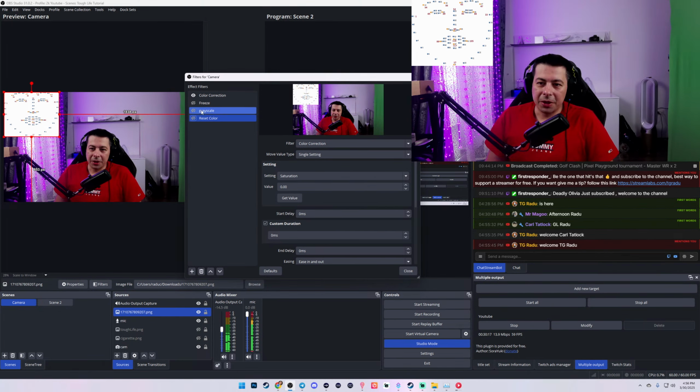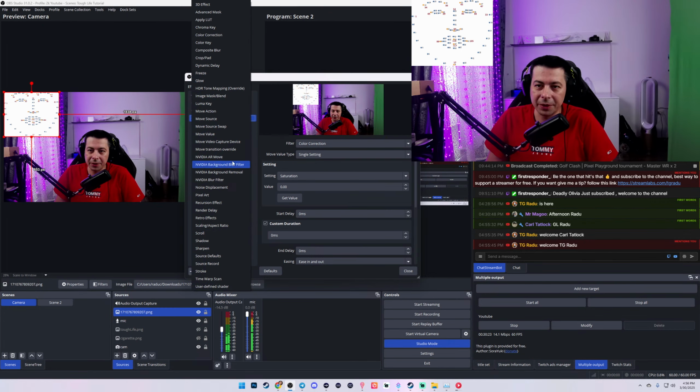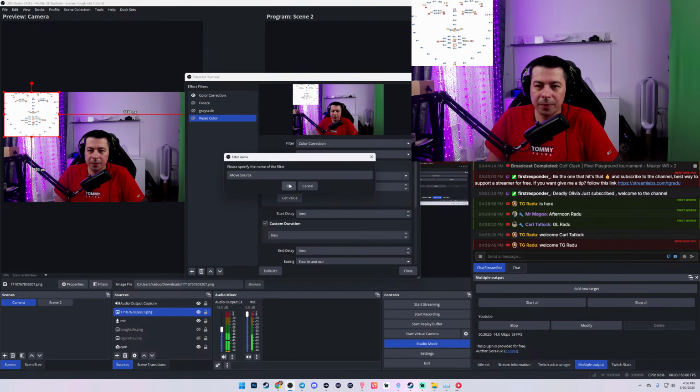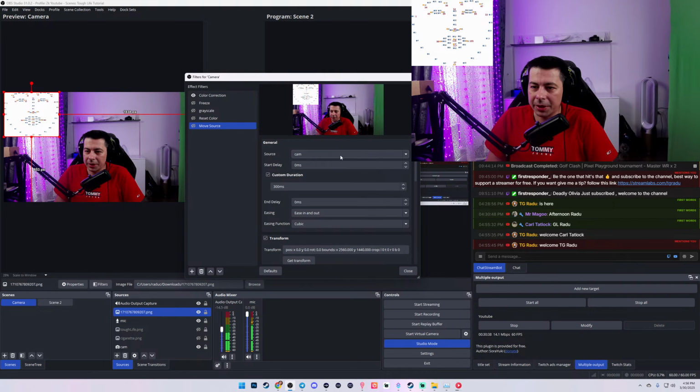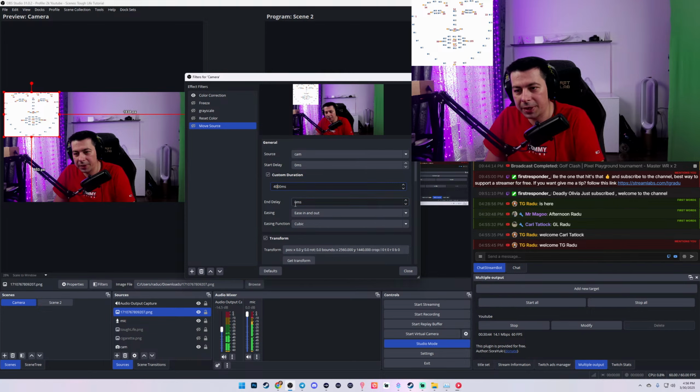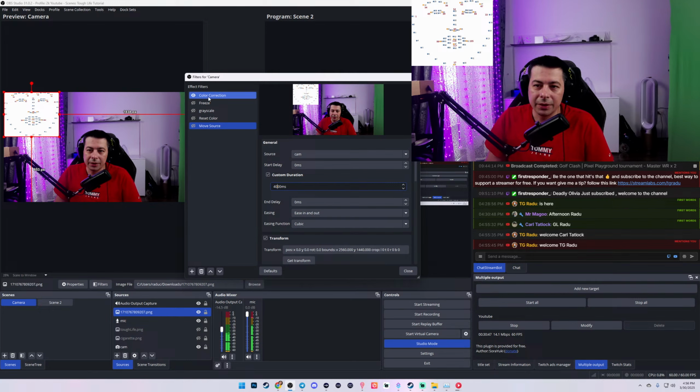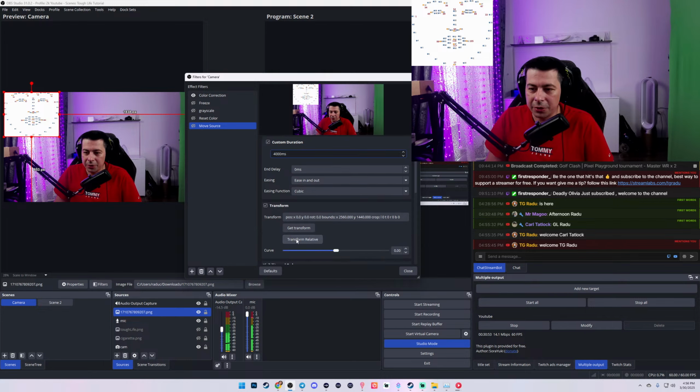Good. We have 2 things. We need the third thing. For the third thing, I'm gonna have to add another filter, let's go with move source filter, and this will be the camera, and I wanted to go for 4 full seconds, and let's go with the position get transform. This will be reset camera,